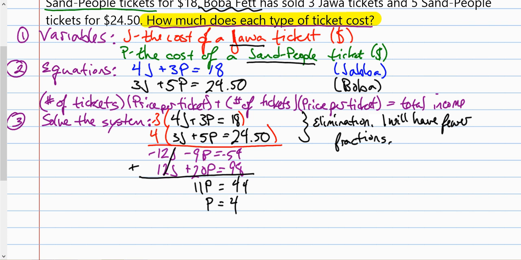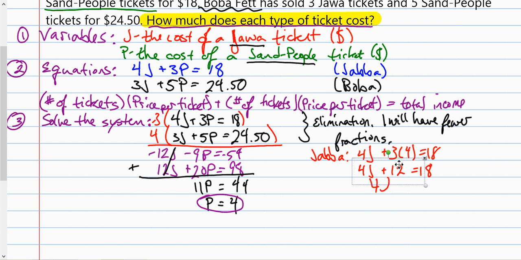So now that I have that my p equals $4, I need to figure out what my j is going to equal. So I'm going to pick that piece up, and I'm going to plug it into one of my 2 original equations, and it doesn't matter which one. So I'm going to go ahead and go for Jawa's equation. So let me write that down. Jawa's says that 4j plus 3 times the SandPeople ticket cost, which was $4, should equal 18. I am going to solve this equation for j at this point. So 4j plus 12 equals 18, which is going to give me that